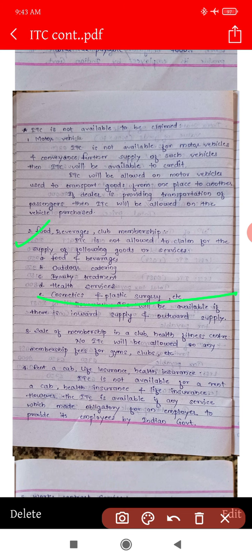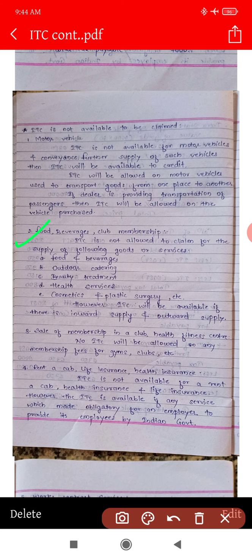But if you are supplying these goods for further supply, however, ITC will be available if there is inward and outward supply. Meaning, you're buying food and beverages in order to supply it to your customer. Like I have given you an example of Zomato and Swiggy. Now if you are ordering goods and services because you're running a food delivery business, like you are from Zomato, so you order goods from a restaurant because your customer has given you an order, and further you supply that food to your customer. In this case, you will get input tax credit.